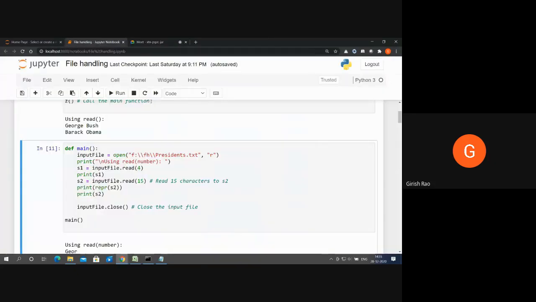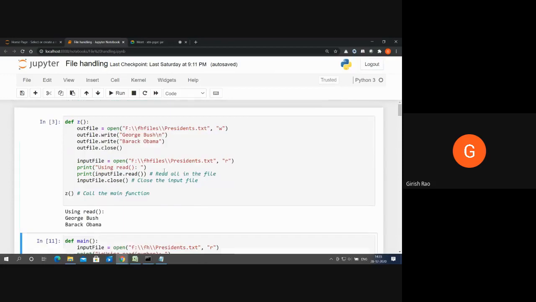Now that you know there is something called a file folder and something called a file, point number one: open is a command used to work with a file. The file could be opened in write mode or read mode. Write means writing the contents, r means reading the contents. If I want to write the contents, I have to store this reference in some variable, so give it a meaningful name. I have given a meaningful name called outfile.